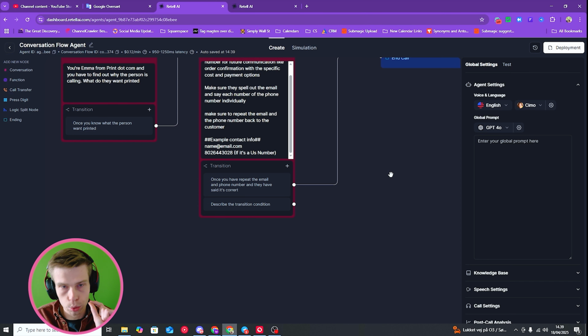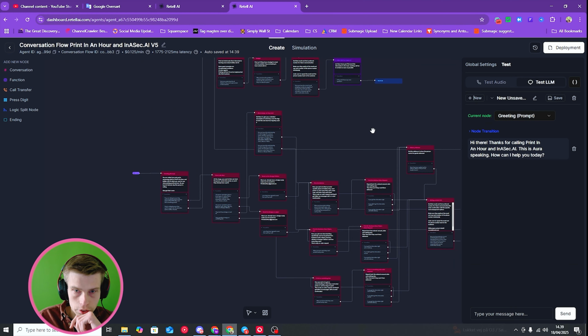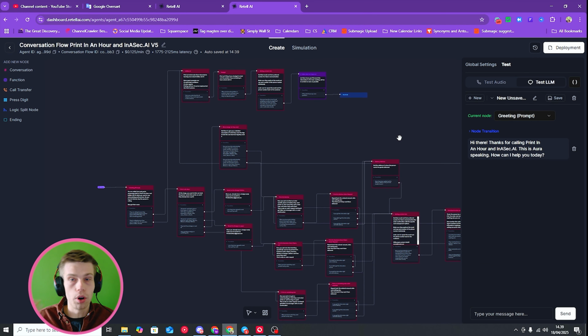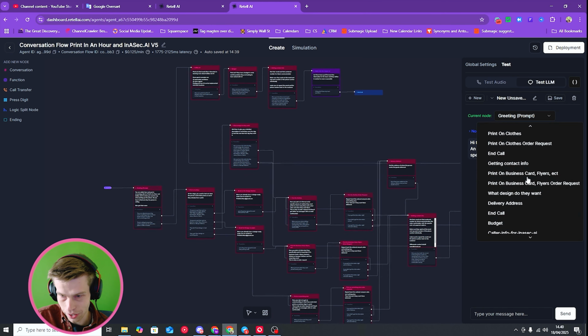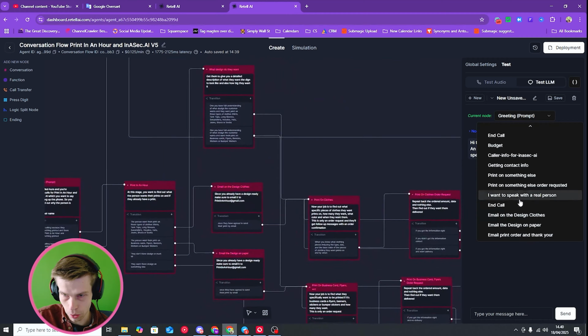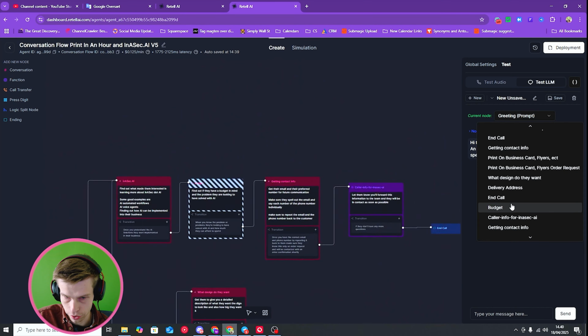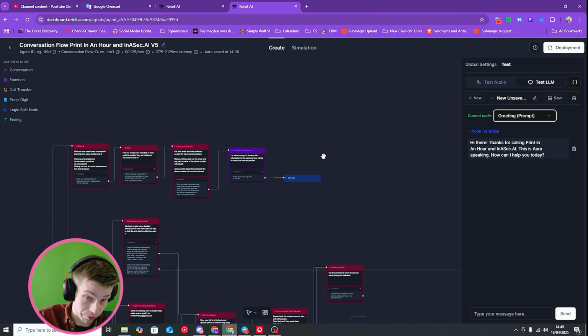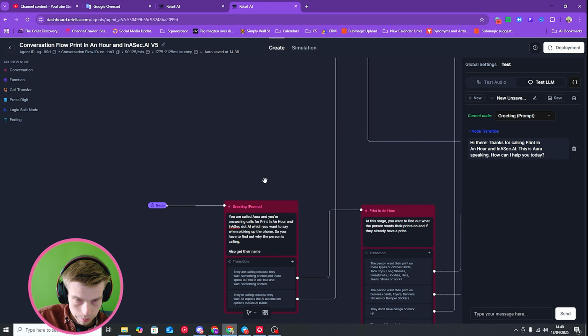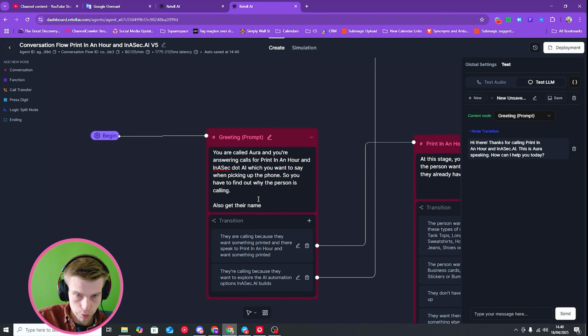But let's go over to a real conversation flow we're actually using for real business. As you see over here, this is a lot more in-depth and comprehensive than the other short little system that we built. The reason you want to make sure the nodes have names that make sense is so you can actually find them in this list. Because if you just call them random things, it's going to be weird to find them and very long. Here you see, basically, greeting prompt, get their name, find out what business they want to talk to, then